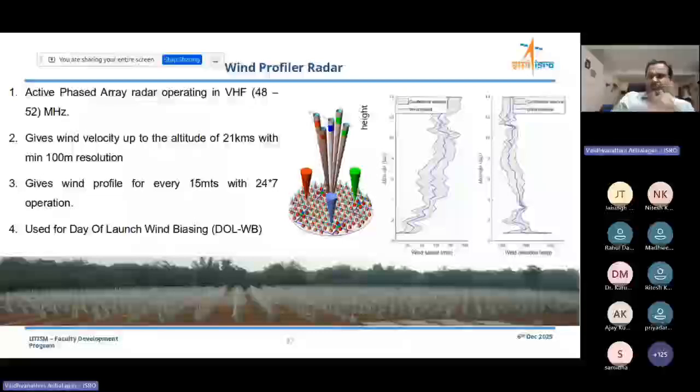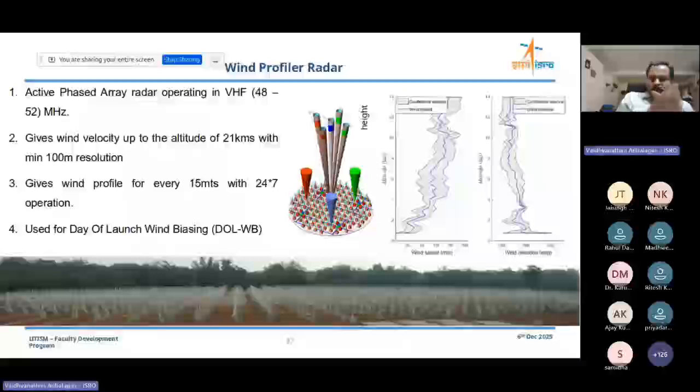the launch base, where especially the launch vehicle travels, these areas are regularly monitored by our meteorological team for any rain activity or cyclonic activity, thunder activity, because even lightning is very dangerous. If lightning hits a launch vehicle, all the electronics will misbehave. So such activity will be continuously monitored by the meteorological team with the help of some